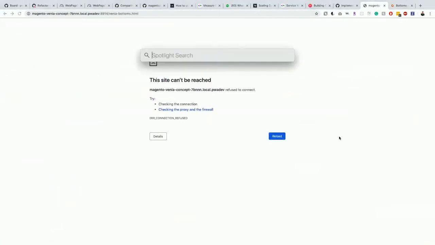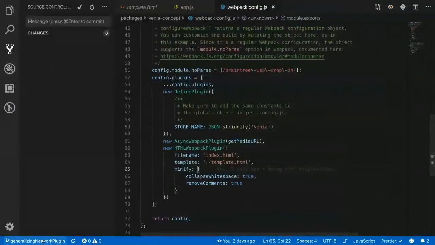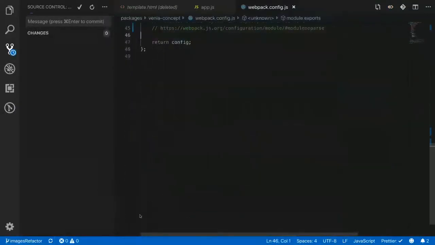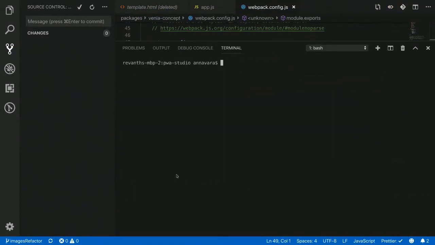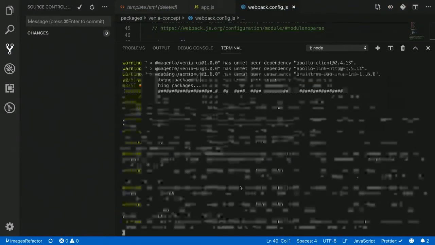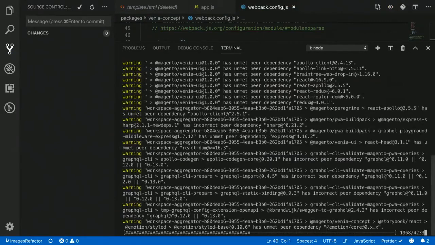Oh no! Yeah, I moved to the Webpack thing, that's why it crashed. Just give a second.